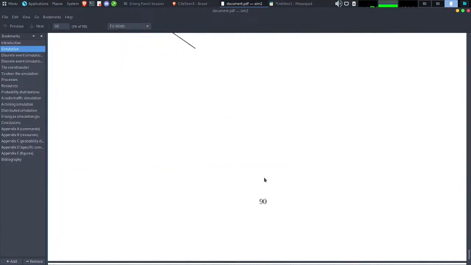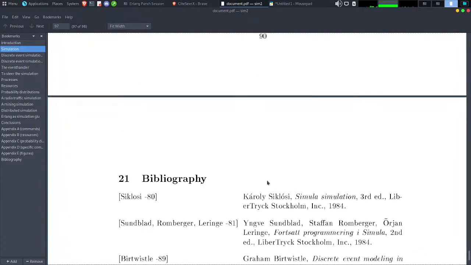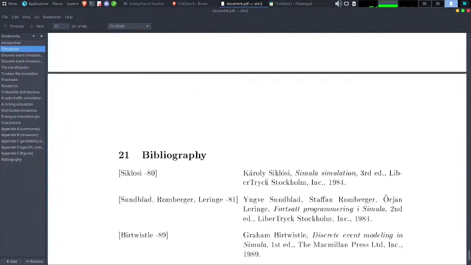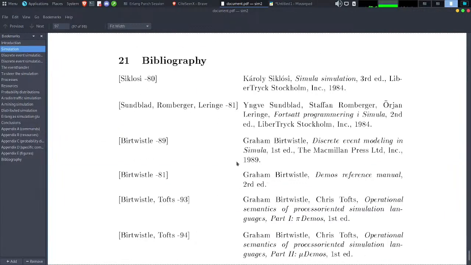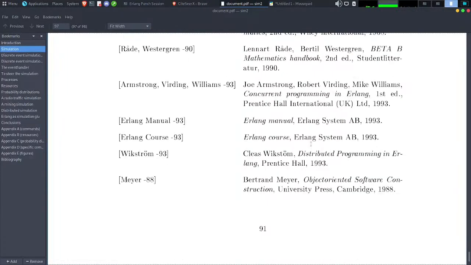And you should be aware that this paper was created in 1995, so that means less than 10 years after the creation of Erlang, and I think it's real proof that this language can be used for really interesting stuff, and not only for some weird application for telecommunication systems.